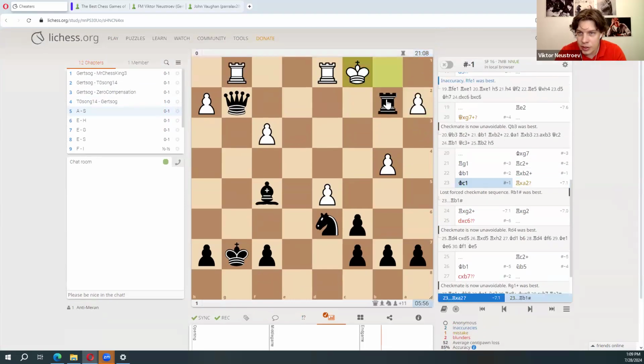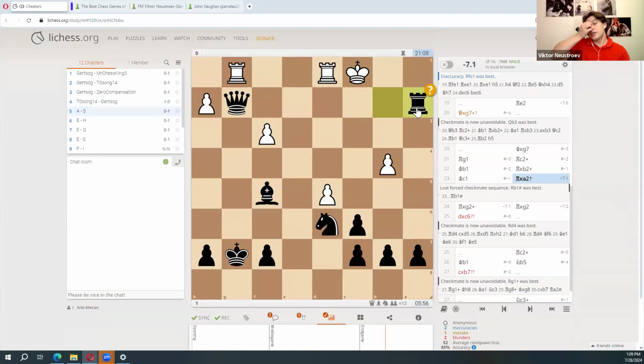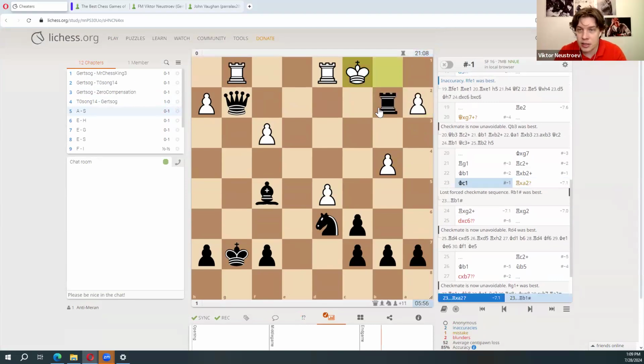Okay, in this position, there was a checkmate in one. Instead, he takes on a2. Well, what can I say? Maybe he was trying to win on his own. Queen c2 is not playable because of this, but rook b1 is a checkmate. So he was cheating, but at this moment, he stopped. I don't know why. Maybe he thought that the position is already winning and he can defeat his opponent on his own.